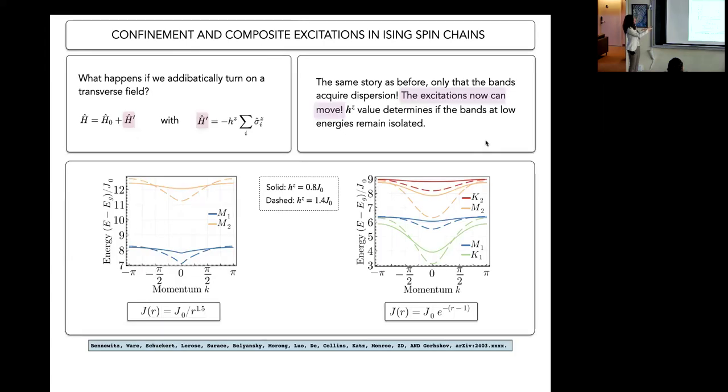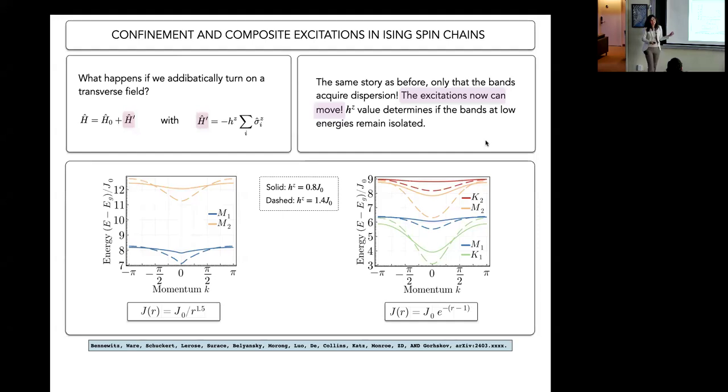Well, it turned out that I want to actually turn on something non-trivial. I want to add a transverse magnetic field to the system. And you're going to do this adiabatically such that you still have this notion of bound and unbound kinks. So you have the same low energy excitations in the H0 theory, and then you try to keep them and sort of adiabatically evolve and then get the interacting kinks and bound states of the kinks. Okay, so the same story, you have these objects.